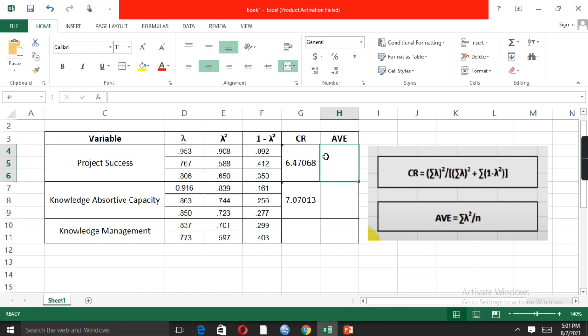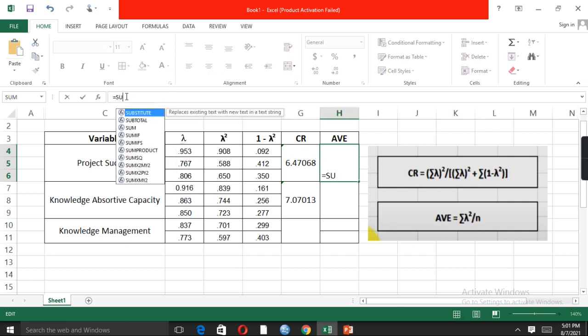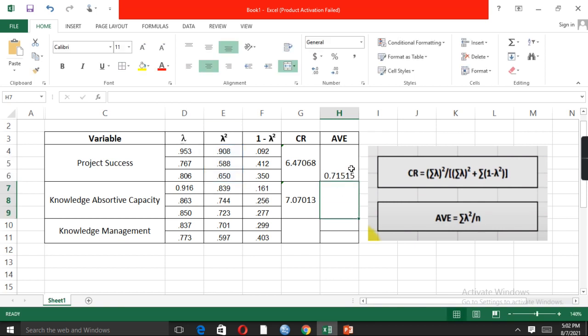At first, in the column, equal sign, sum, because sum is the requirement of summation lambda squared, small bracket, and then select the value of these three items, close the bracket. The formula stated that we need to divide it by n. N is basically the number of values, so we are having three items, 1, 2 and 3. So divide by 3, just click enter. So this is how we calculate the value of AVE as well.